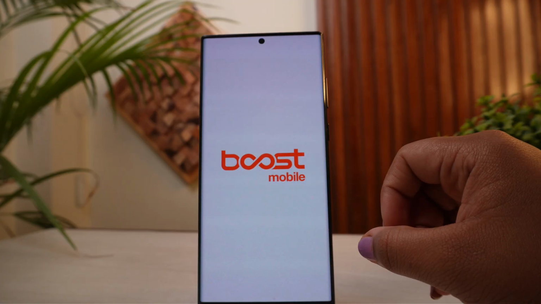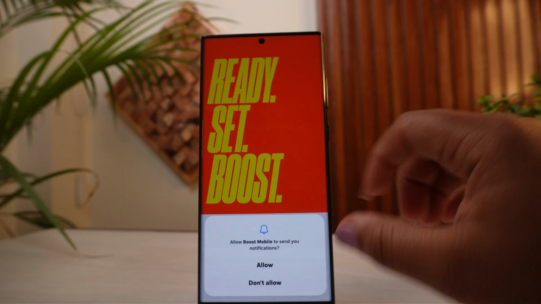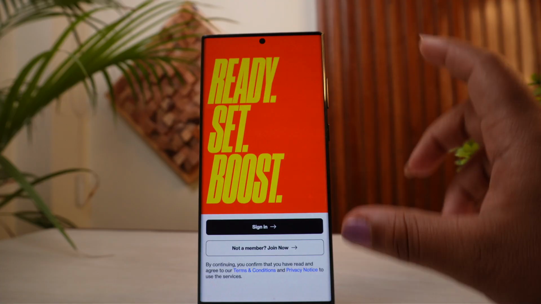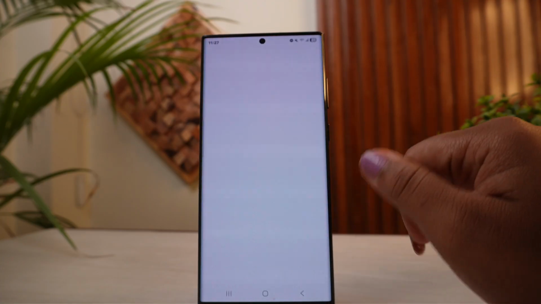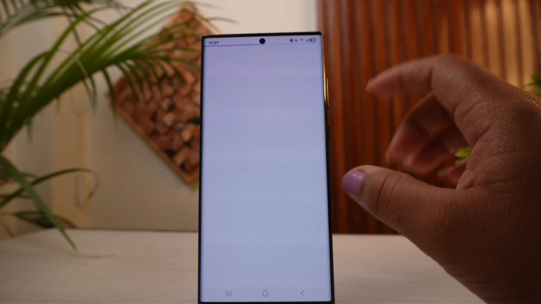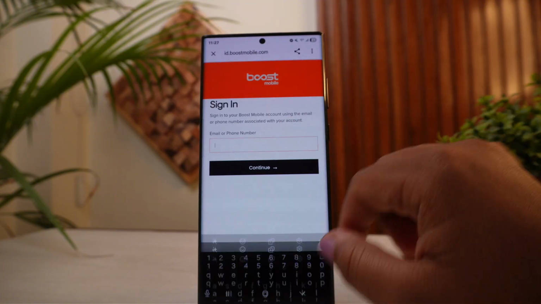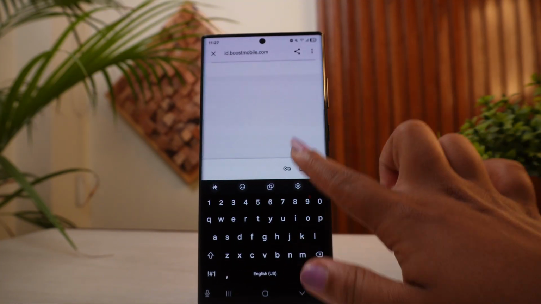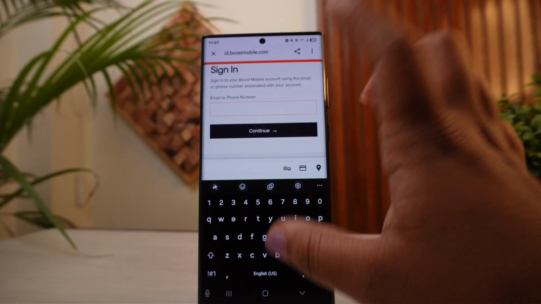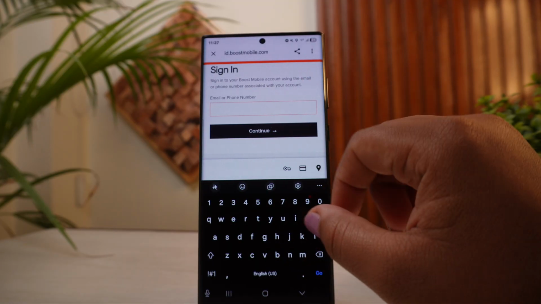After opening the application, here what we're going to do is simply make sure that we remember our credentials, right? So simply tap on sign in order to log into your account. After doing that, we'll get into this particular link where you'll need to add in your email address or your phone number. So after adding down your email address or phone number, you can tap on continue, and after doing